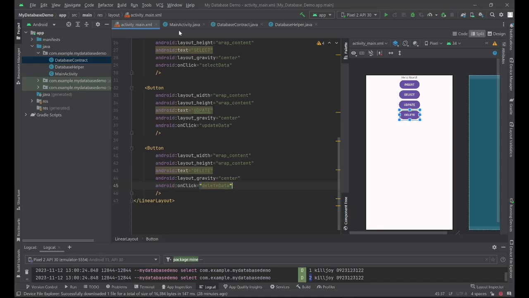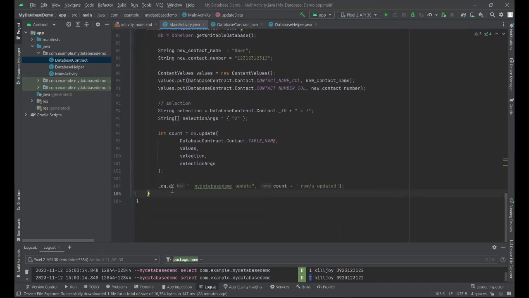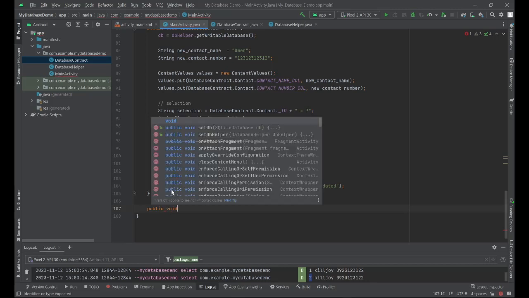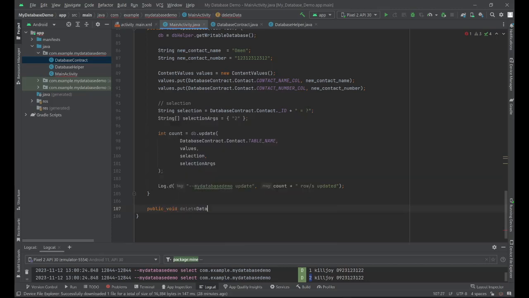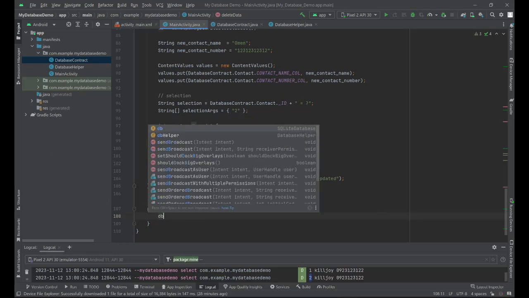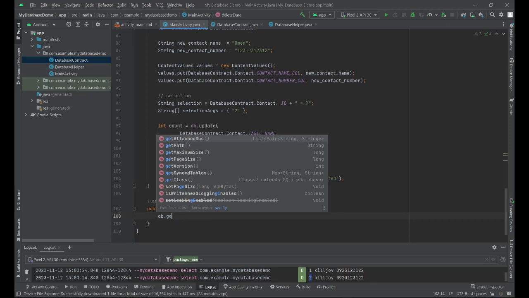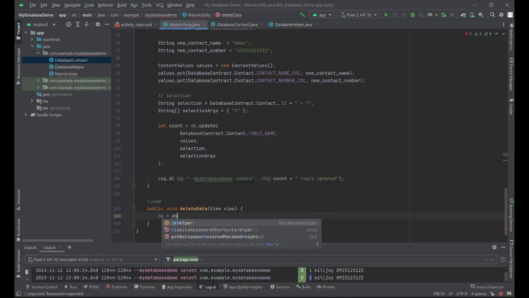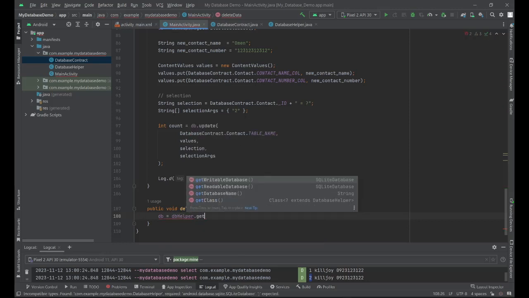So let's go to our main activity again and then implement the delete data. Void. For the delete data, you just need to again instantiate or call the get writable database, since you're going to delete the data. So db is equals to that get writable database,